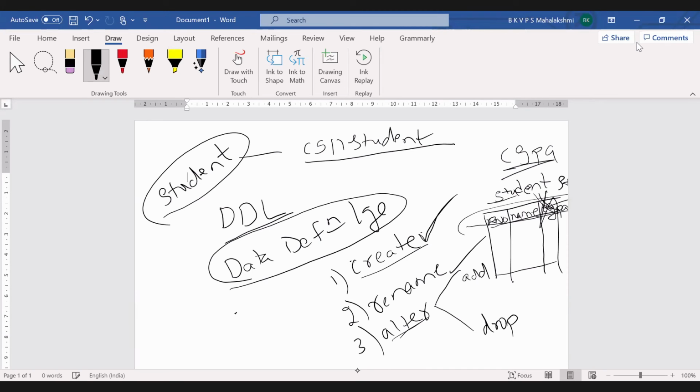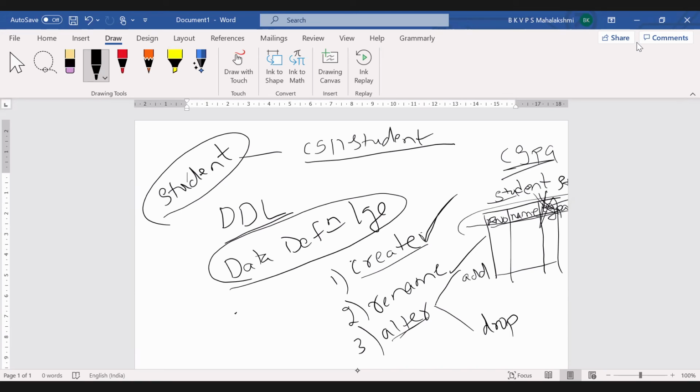Once you have given the username and the password and connected, the first step is to create a table. I'm not saying that after create you definitely have to do rename. No, it's not compulsory.